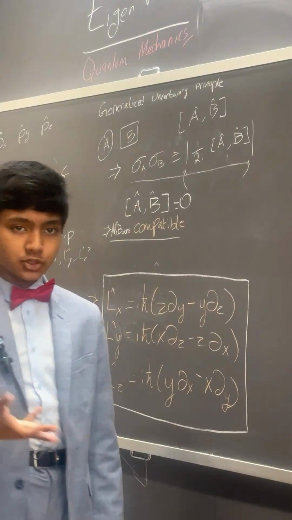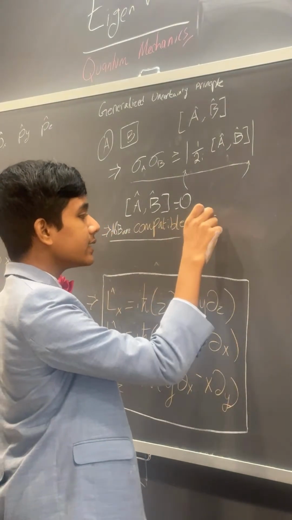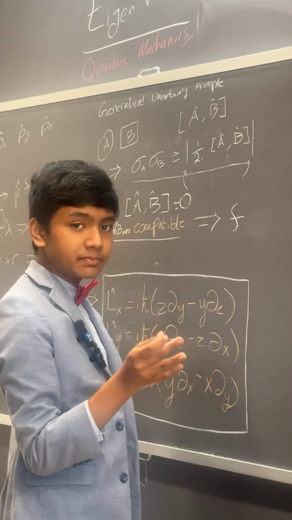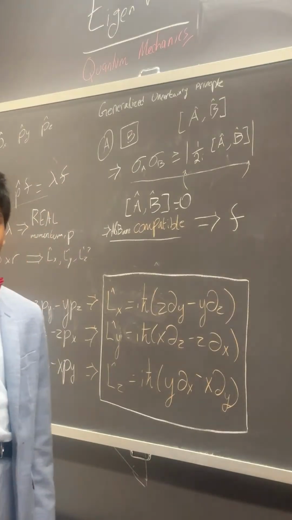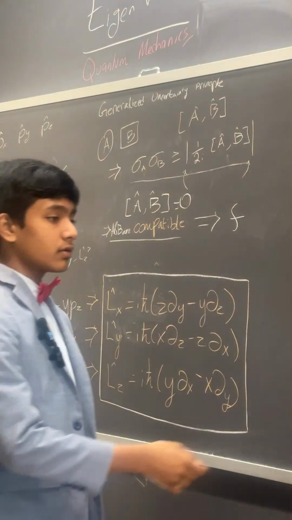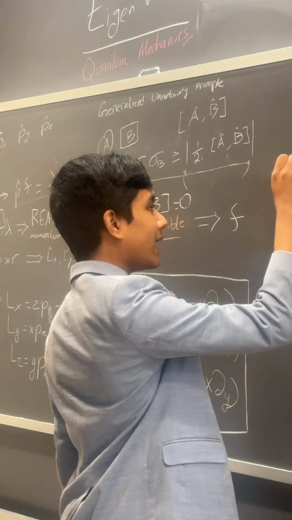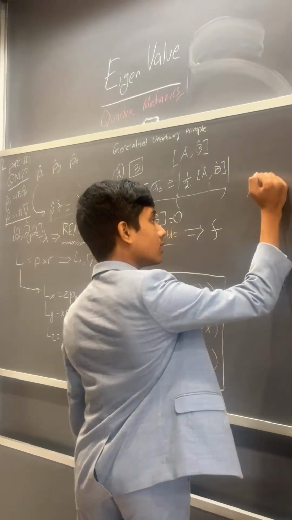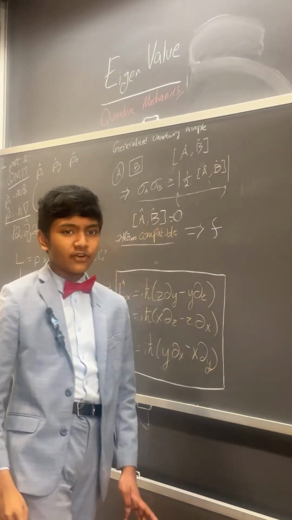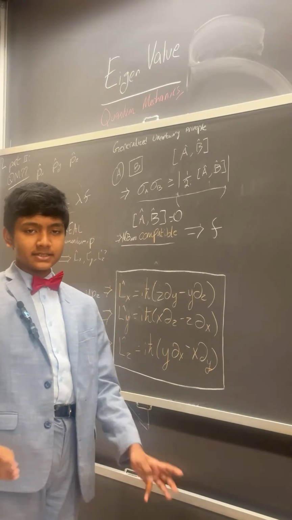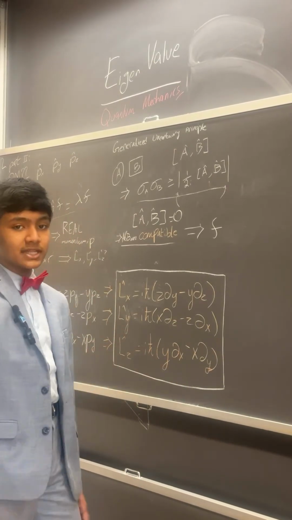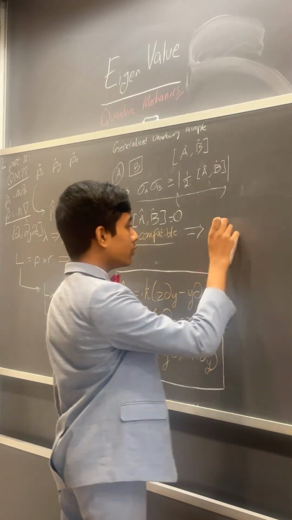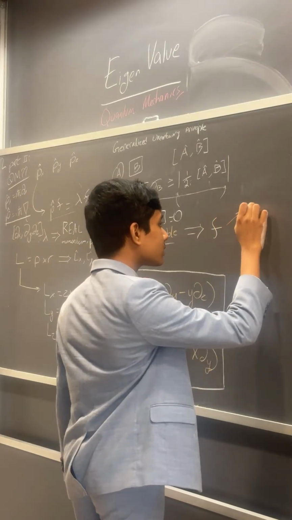If we have two compatible observables, then we can find an eigenfunction f that satisfies both. That is, we can essentially find a reality where we can nail down the values of both A and B to 100% precision without any uncertainty. We can find a reality where the two values taking on some quantity do not contradict one another. So we can find f such that both